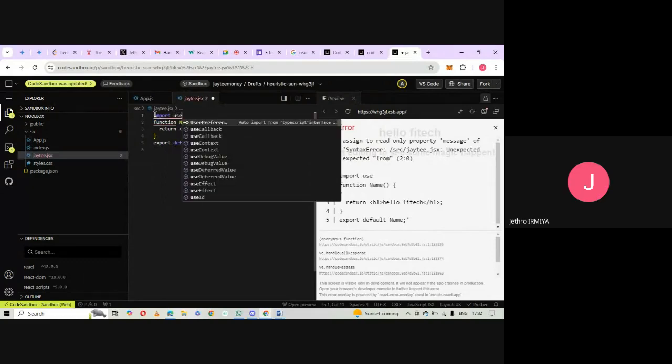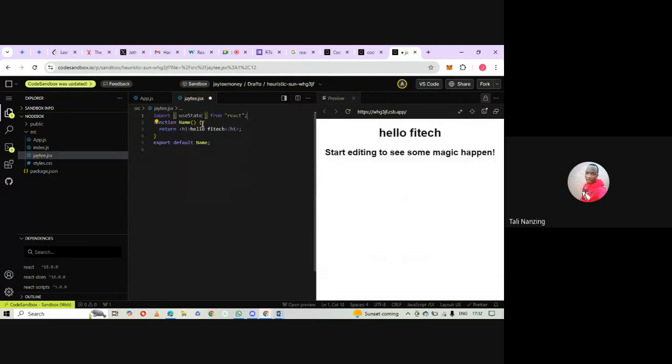Yes, sir. Let there be space between your imported useState and the function. Let there be a space. And then